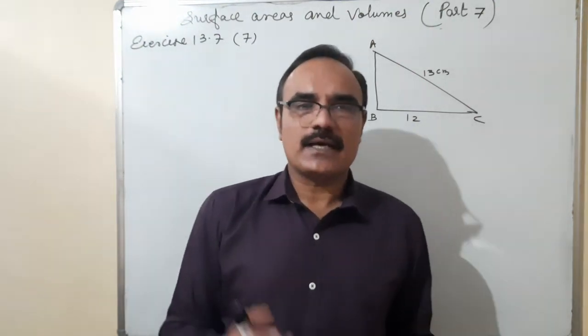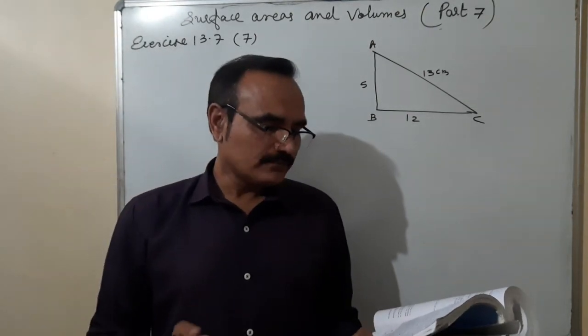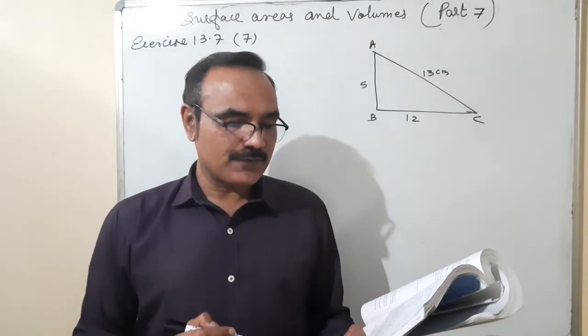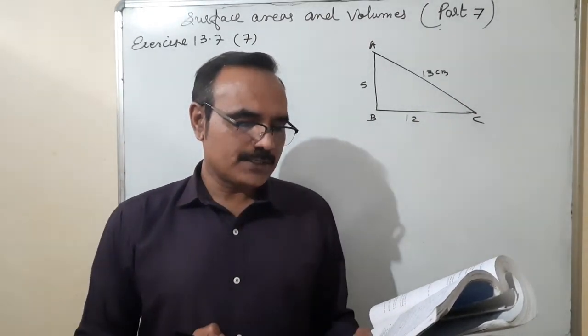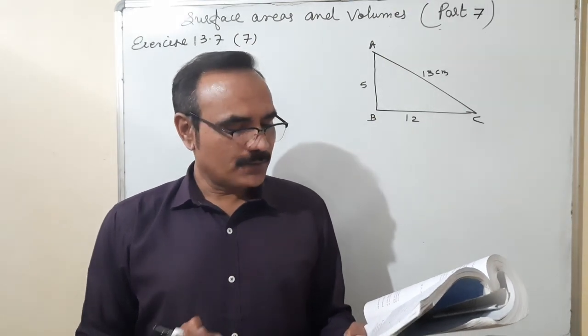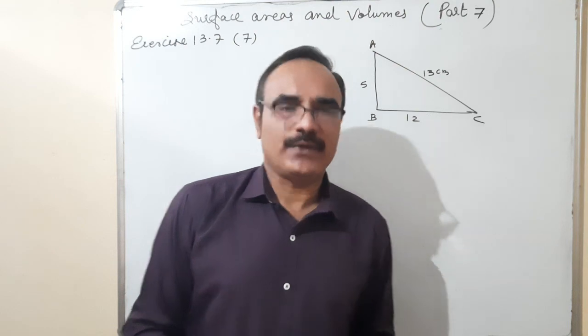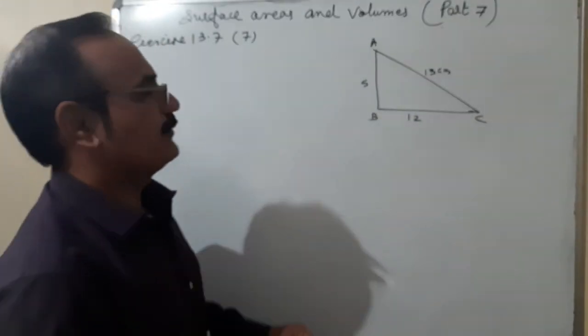And question number 8, I am mixing this 8th question also with that, which says if the triangle ABC in question number 7 above is revolved about the side 5 centimeter, then find the volume of the solid so obtained. Find also the ratio of the volumes of the two solids obtained in question number 7 and 8. Okay. First, we are discussing question number 7.